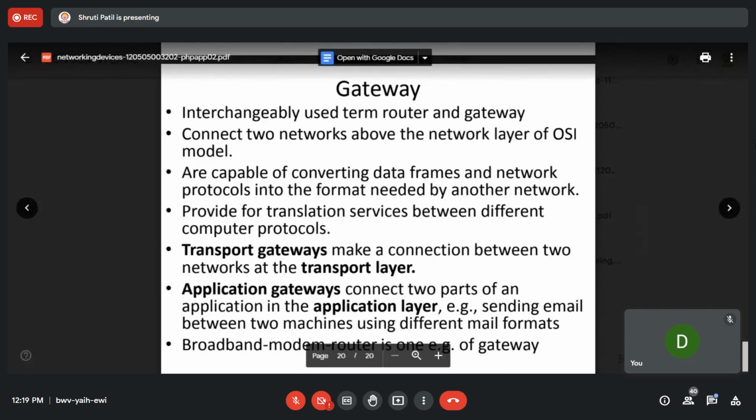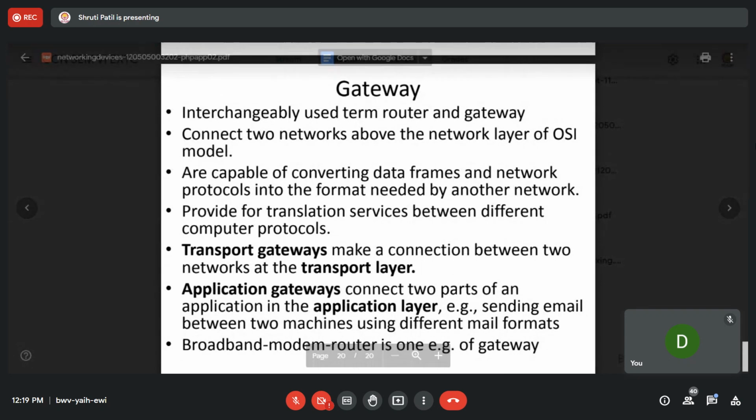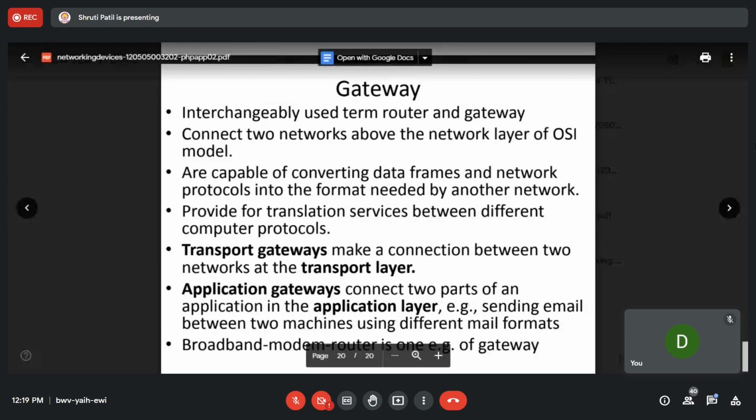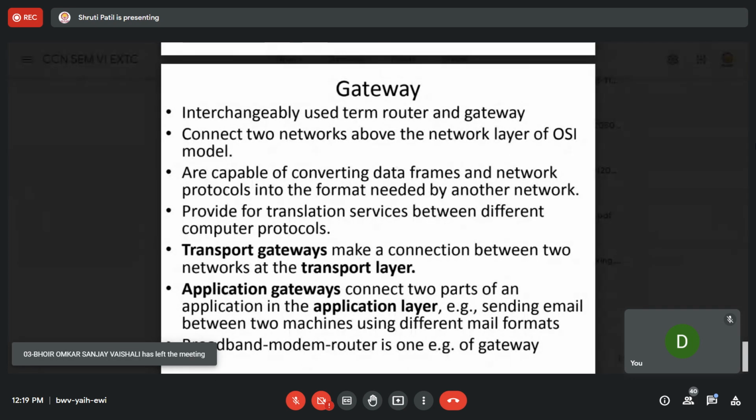Okay, so they are capable of converting data frames and network protocols into the format needed by another network. So there may be a different format. We have seen that there is different kind of message size. So two different networks may handle different size of messages, different size of packets. The packets may be transmitted through different type of transmission mediums which support different type of